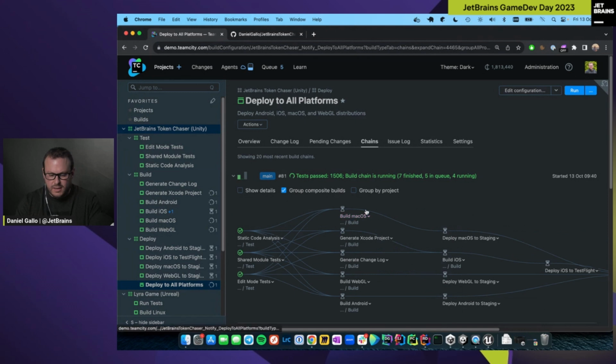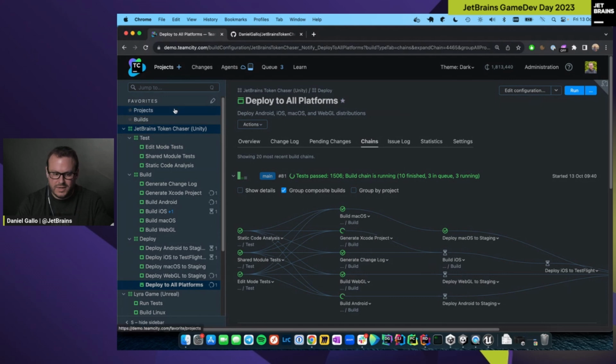I'm then building the game for a few different platforms. And again, because those don't have dependencies on each other, TeamCity is able to run each of those jobs in parallel across different machines. As for the way TeamCity runs the builds, we have the server that we're looking at here. You then have one or more build agents that are connected to this server, and one of those agents will take a job from TeamCity, run through it, and pass back the log file and any artifacts to the server. In the example today, I'm using persistent agents that are running on AWS EC2,